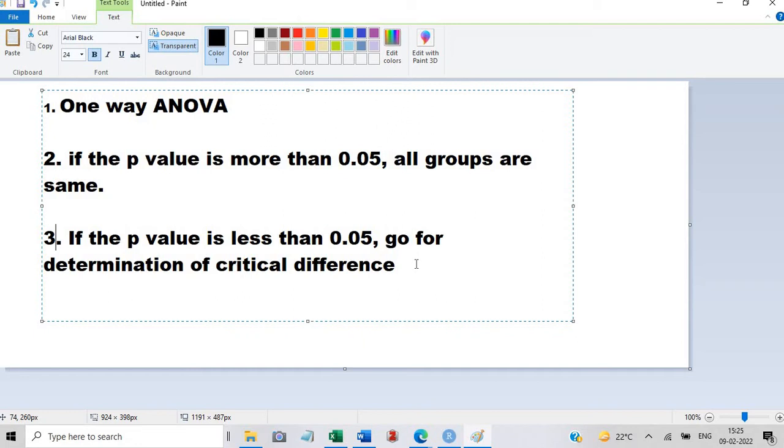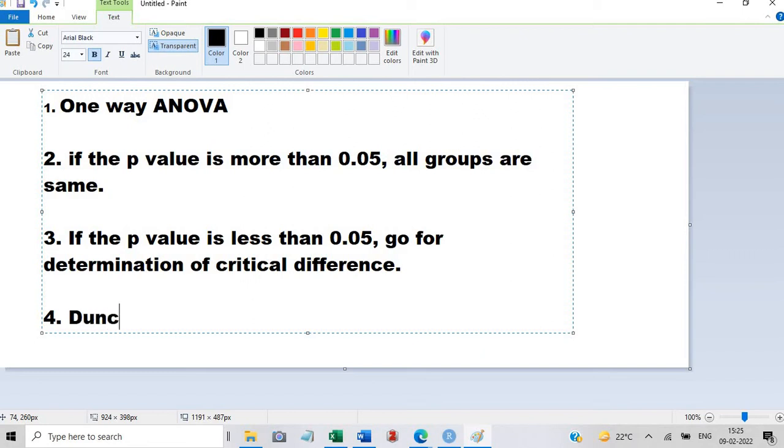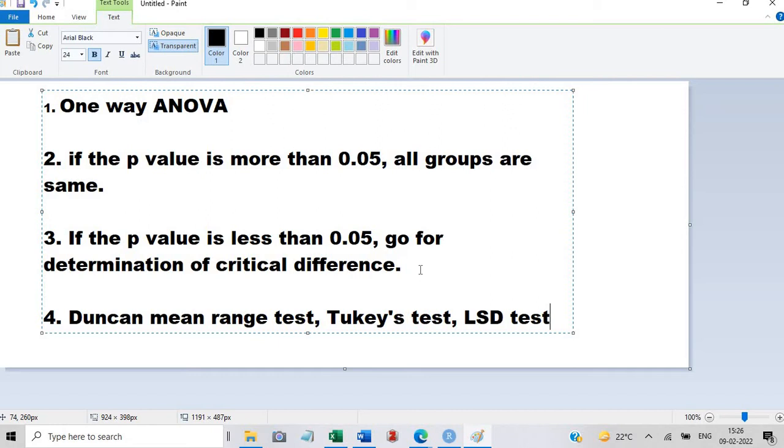There are many ways of determining the critical difference. Say, for example, one is the Duncan mean range test, then Tukey's test, then LSD test, then Bonferroni test.